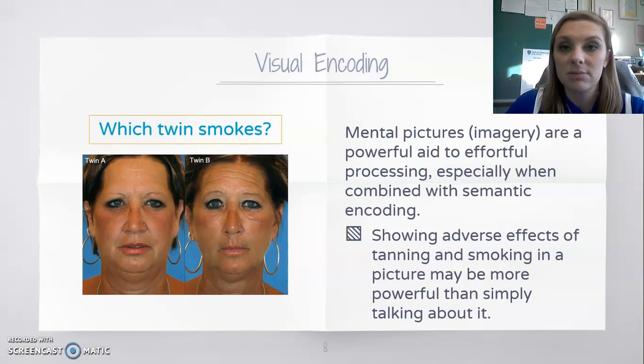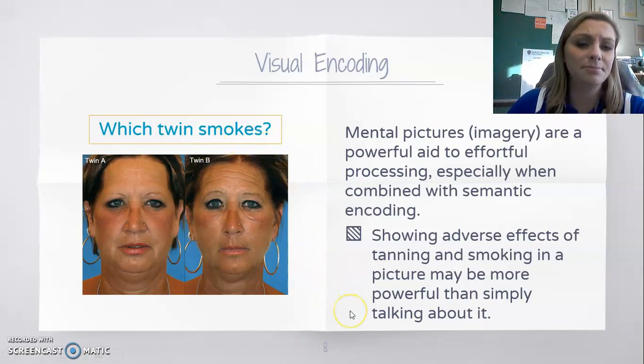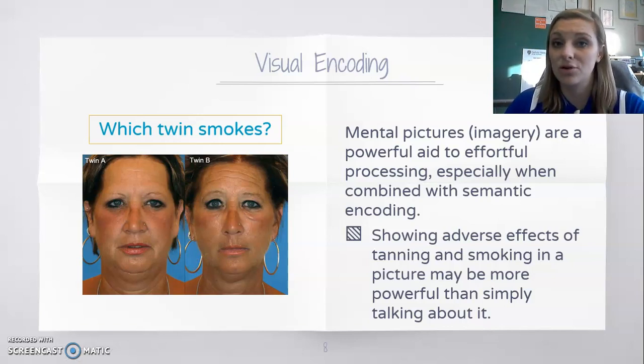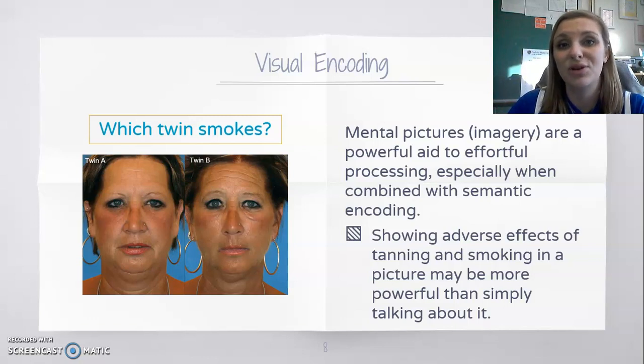So we know that smoking causes an increased metabolism and will damage your skin. And so this twin probably smokes, right? That's going to last a little bit longer than me just telling you the effects. Okay, this is why when you're trying to remember things, it's always good to create pictures that go along with what you are trying to learn. So your vocab words, you should create pictures because they're going to help you remember them better.